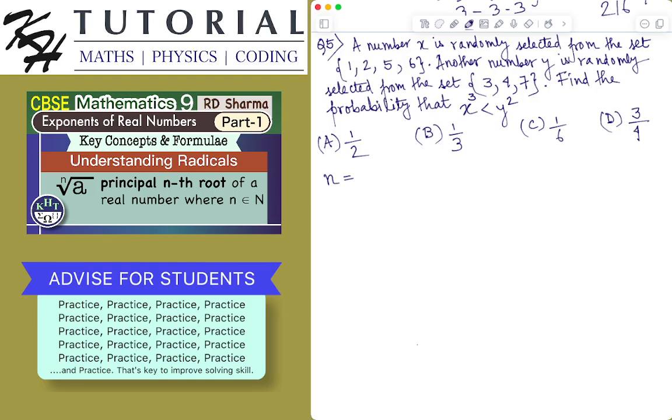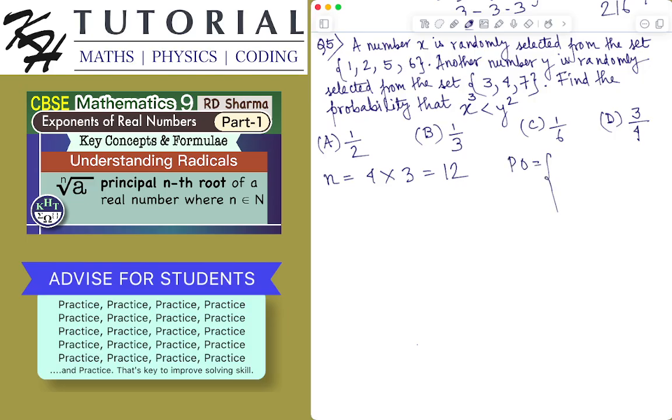The number x can have four values, because the set 1, 2, 5, 6 has four numbers. So 4 multiplied by 3, that is 12, will be the total number of ways in which we can select x and y. So if you list down the possible outcomes